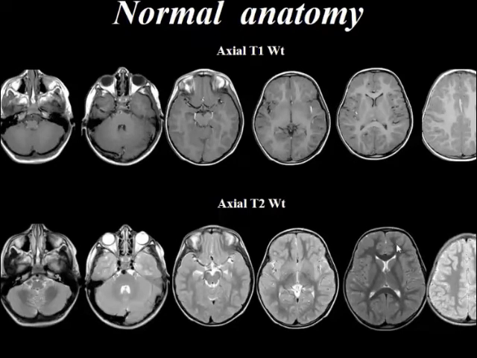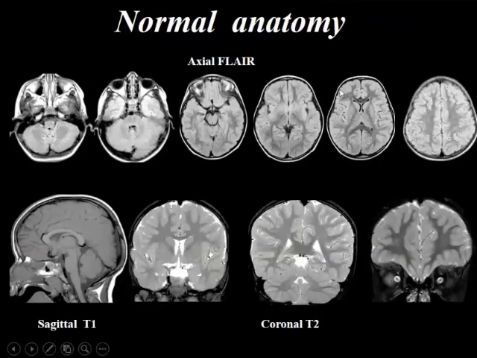You see, this is the frontal white matter, you have the anterior limb of internal capsule, posterior limb of internal capsule. This is the external capsule, thalami on either side of the third ventricle here. This is the lentiform nucleus on either side, between the external capsule and the internal capsule. Then you have the head of the caudate abutting the frontal horn, the right caudate nucleus, the left caudate nucleus. So these are all deep gray matter. You have the superficial gray matter, and then you have the deep gray matter. So we just looked at T1 weighted sequence on the axial and T2 weighted sequence again on the axial.